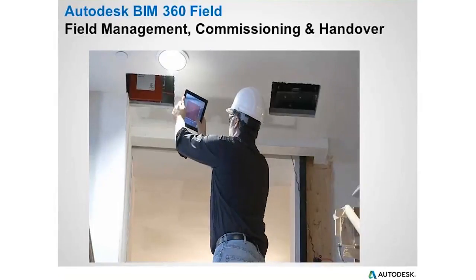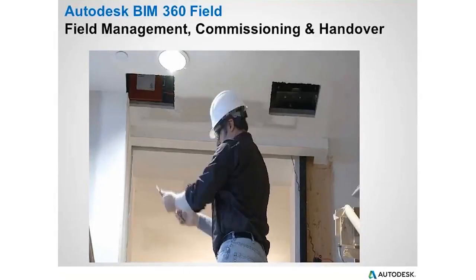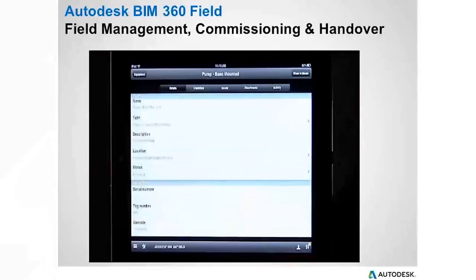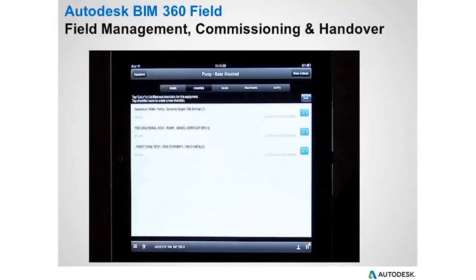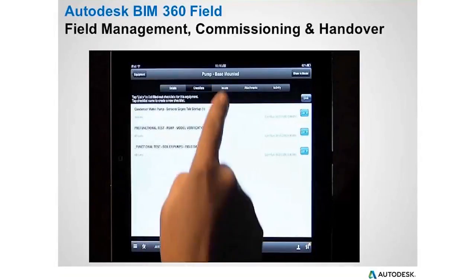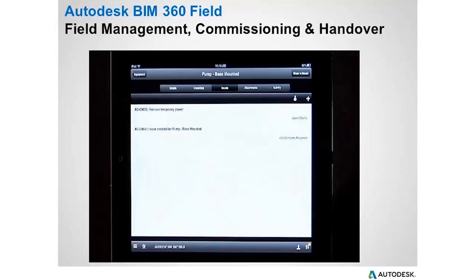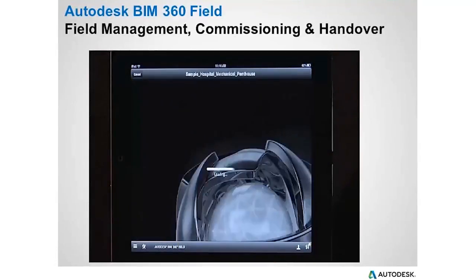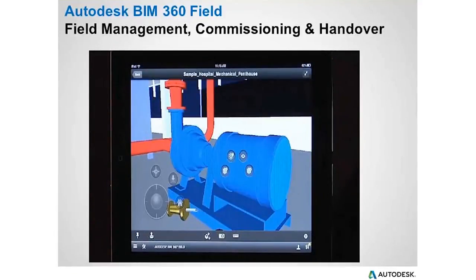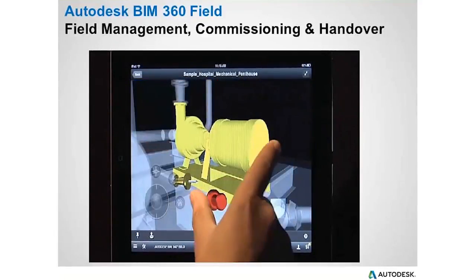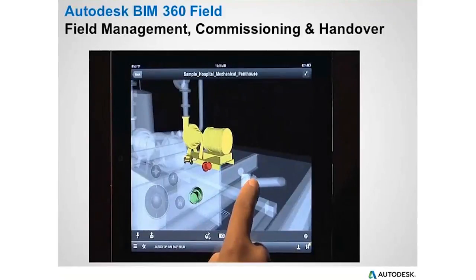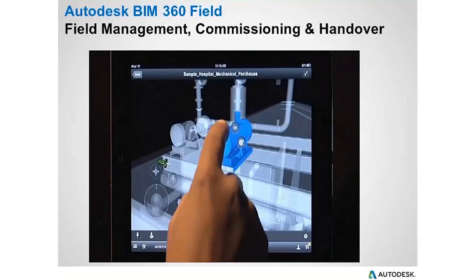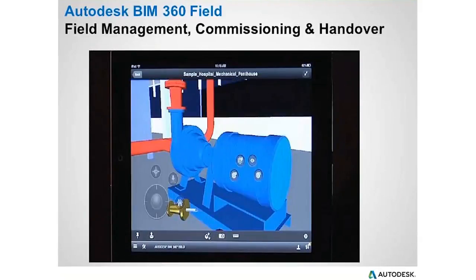Now this is a mobile application called BIM 360 Field by Autodesk. This is showing a contractor out in the field. He's taking a look at a pump, making sure that there aren't any issues with that pump, and can actually get to the point where he can see the model of the pump and how the pump was supposed to be installed. In the construction industry, about 90% of all the technology stays in the trailer. It stays in the office. We're trying really hard to get that technology out into the field where it belongs.